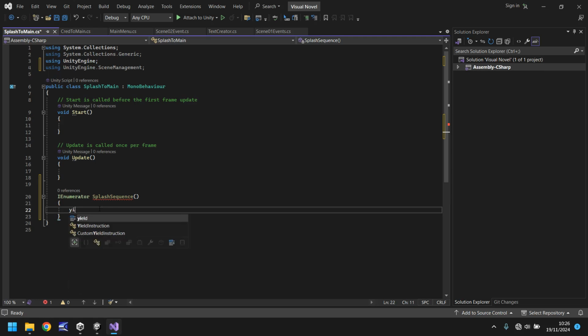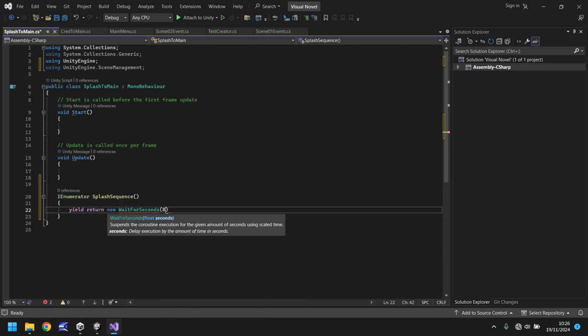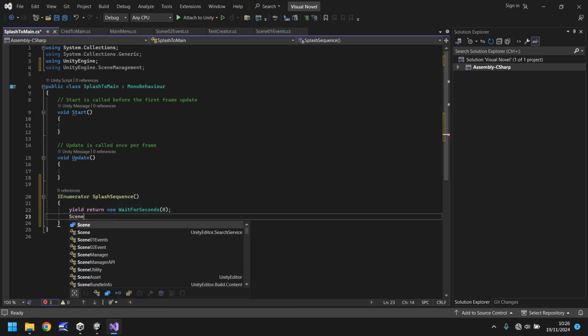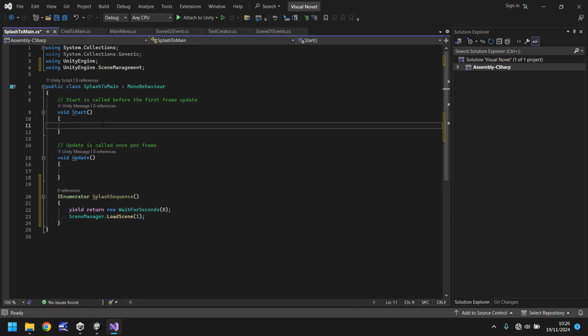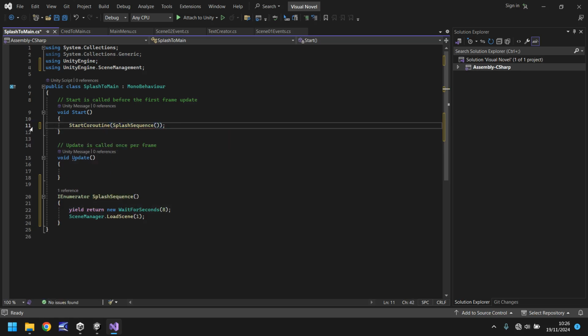So yield return new WaitForSeconds(8); And then we'll do SceneManager.LoadScene(1), because 1 is our main menu scene, which means that in our Start method, we say StartCoroutine(SplashSequence());